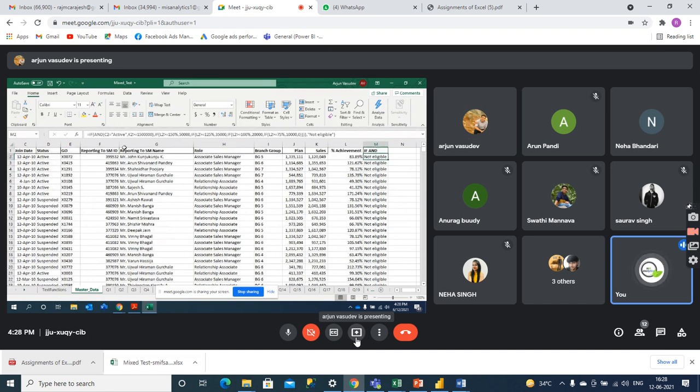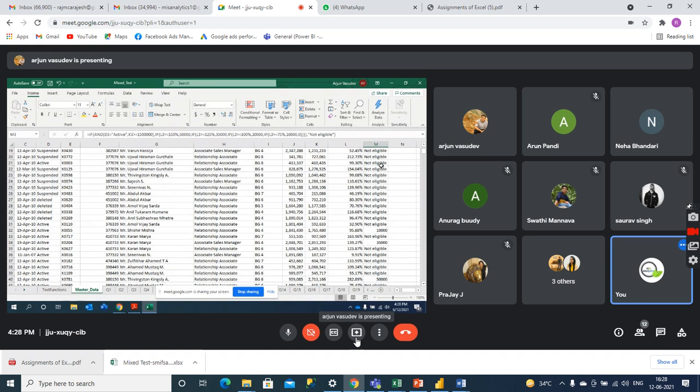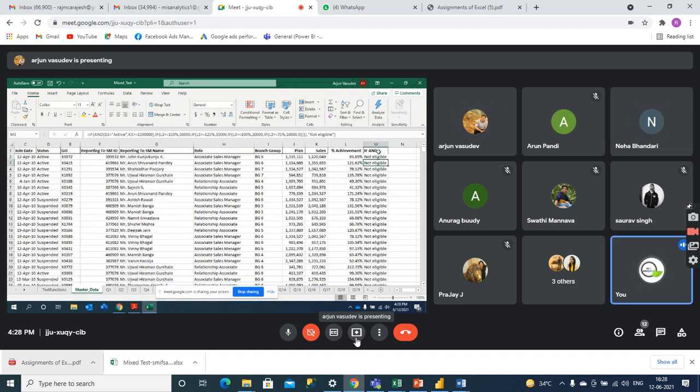So a simple method: I am just telling you why it is coming not eligible for everyone. Go to the formula. Rajesh, it should be D2, no? D2, yes. Click D2 equal to active and K2 less than 10.